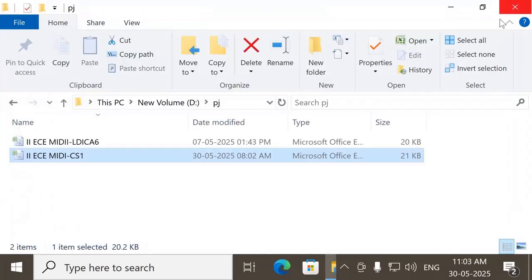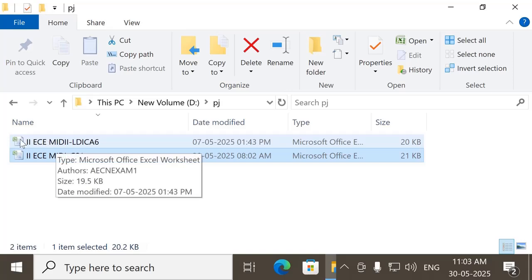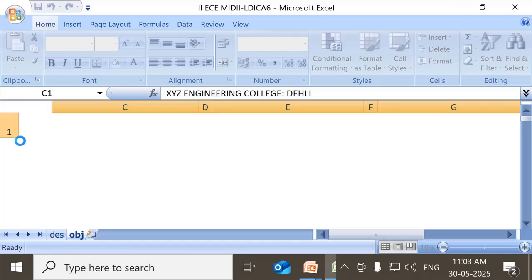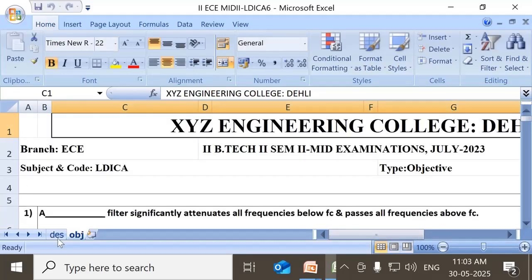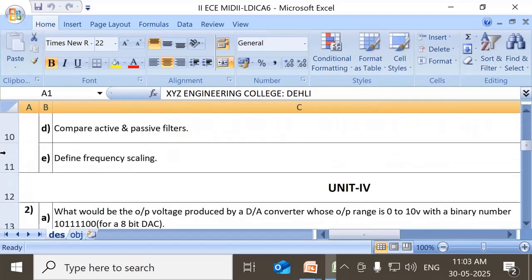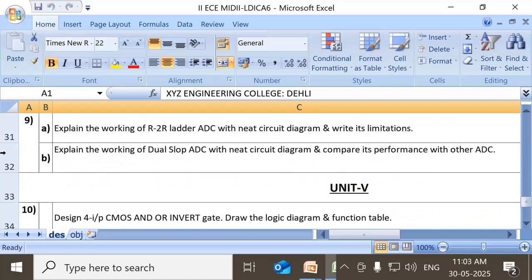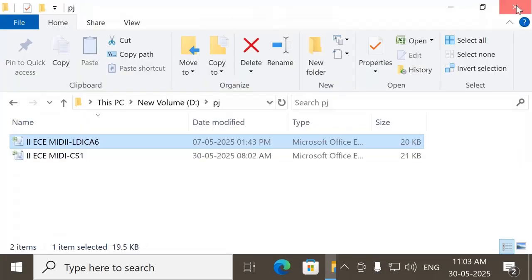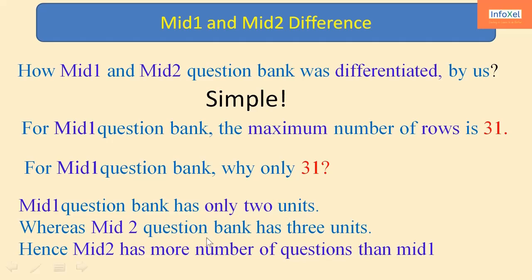Close this one. Now this is for the mid-2 question bank. Click on the mid-2 question bank. See this one. You can see here, descriptive. Click. Scroll down. You can see here it is more than 31. The mid-2 question bank is more than 31. So you understood the difference between mid-1 and mid-2 in terms of number of rows. Close this one. The reason is mid-1 has only 2 units, mid-2 has 3 units. Okay. Next